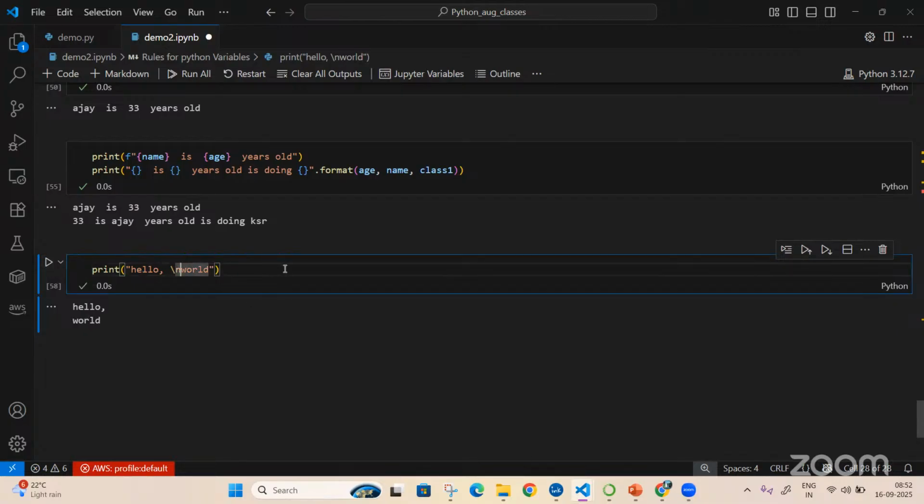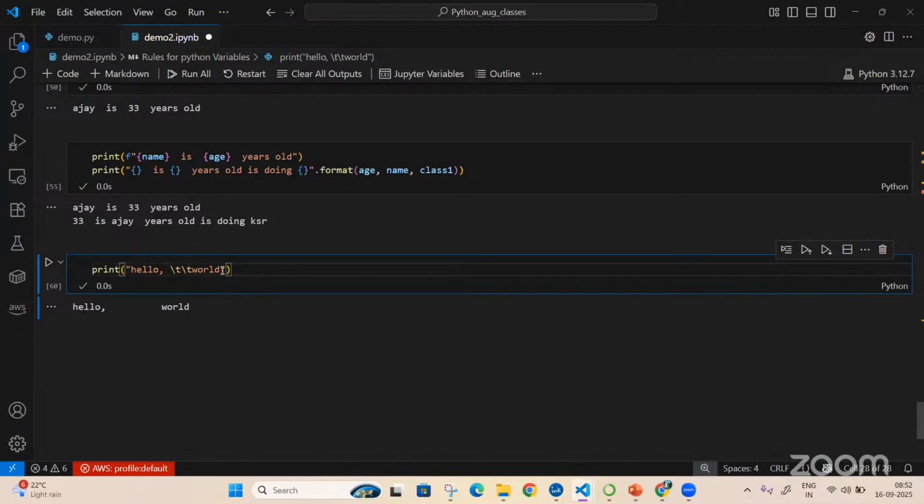Now I'll introduce something else, and what it is giving is a tab space. I'll introduce one more backslash t, and it gives two tab spaces. In this way, you can execute it: backslash t is nothing but a tab, it will just give a space, whereas backslash n will go to a new line. Any doubt in this? No, sir.